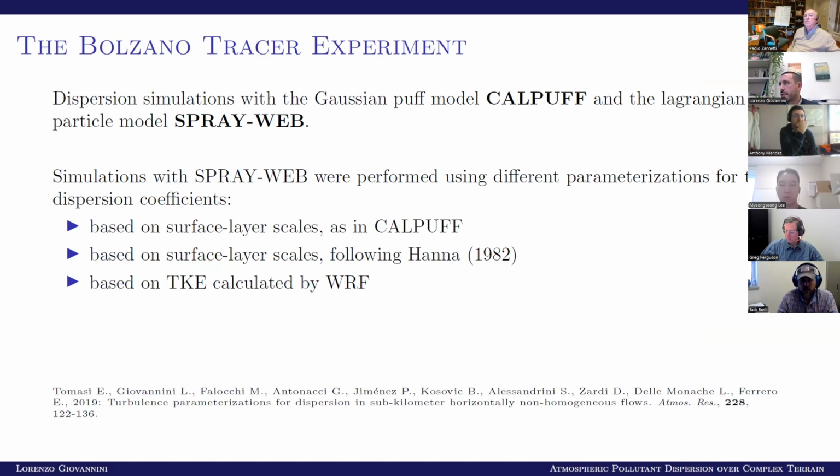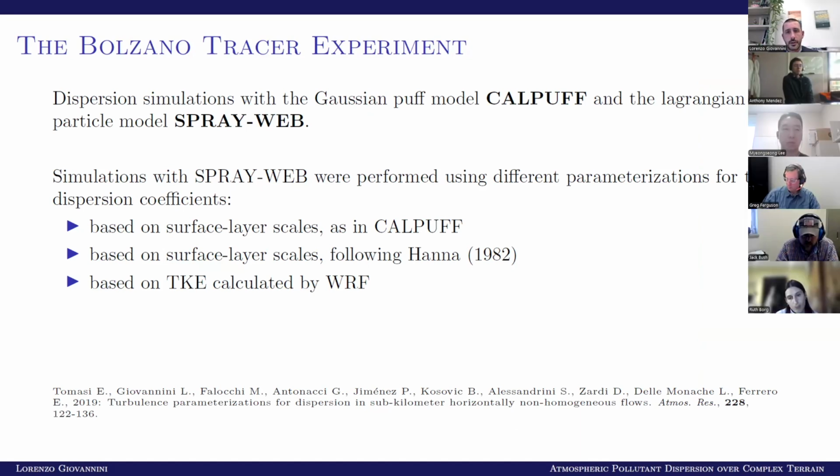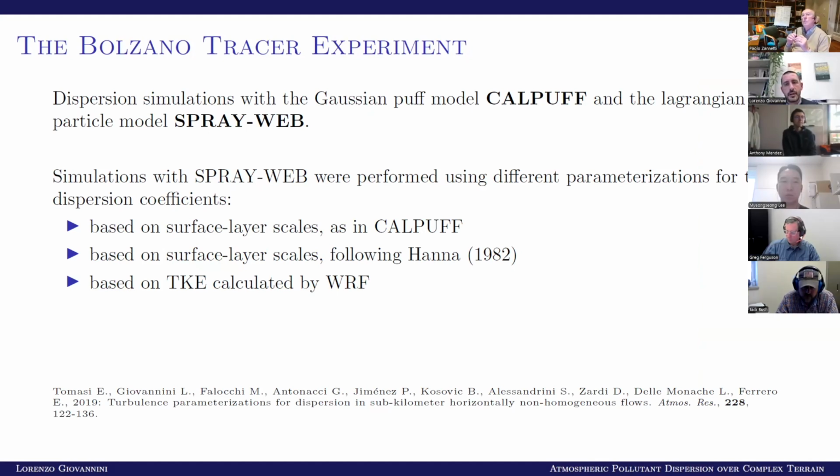Finally, we also performed simulations of this event. We used two completely different models. Actually, CALPUFF, which is a very widely used model, also for regulatory reasons. It is one of the models approved by the Environmental Protection Agency of the United States. It is a puff model, so I don't know if you have treated puff models in the other lectures, but it means that puffs emitted by a certain source are advected with the wind, while diffusion is treated as Gaussian diffusion. So we have an increase of the size of the puff following typical Gaussian dispersion process. On the other hand, we also performed simulations with a Lagrangian particle model called SPRAYWEB with different